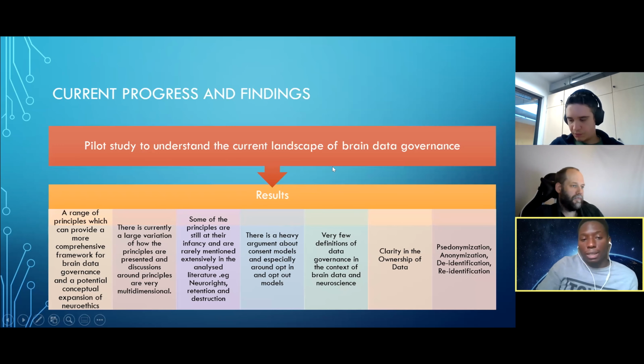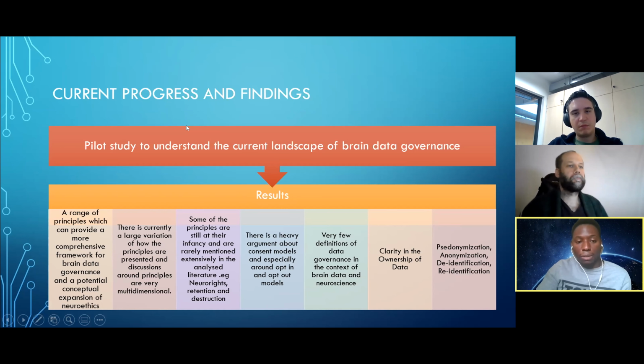Currently, we have answered the first question. The publication is still undergoing review. Some of the interesting findings we saw were that we found a range of principles in academic literature that are being discussed and currently on board.